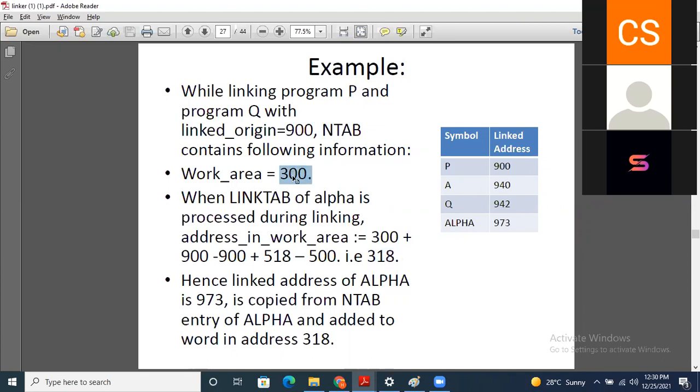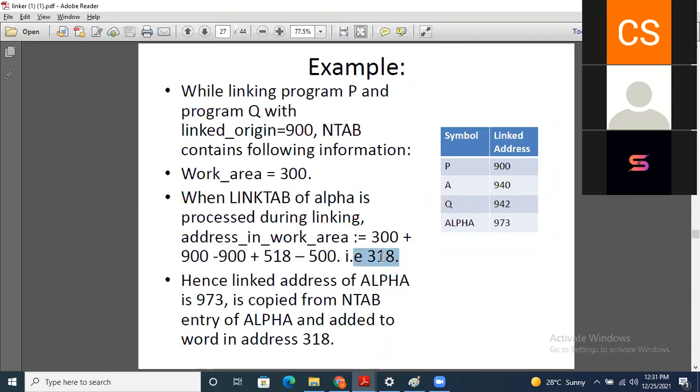ओके, ते आपल्याला समजतं की माझा प्रोग्राम जर 500 ला स्टार्ट होत असेल आणि मी जर 518 ला अल्फा हा माझा व्हेरिएबल वापरला असेल, तर जर मी प्रोग्राम 300 लोकेशनला मूव्ह केला तर डेफिनेटली 318 ला मला अल्फाची डेफिनेशन सापडायला पाहिजे. हे आपल्याला जज होते, बट हे मेमरीला, सिस्टीमला सांगणार कसं? तर डेफिनेटली फॉर दॅट पर्पज यू नीड अ फॉर्म्युला, आणि तो फॉर्म्युला तुम्हाला सगळं कॅल्क्युलेशन करून 318 ही लोकेशन देईल.